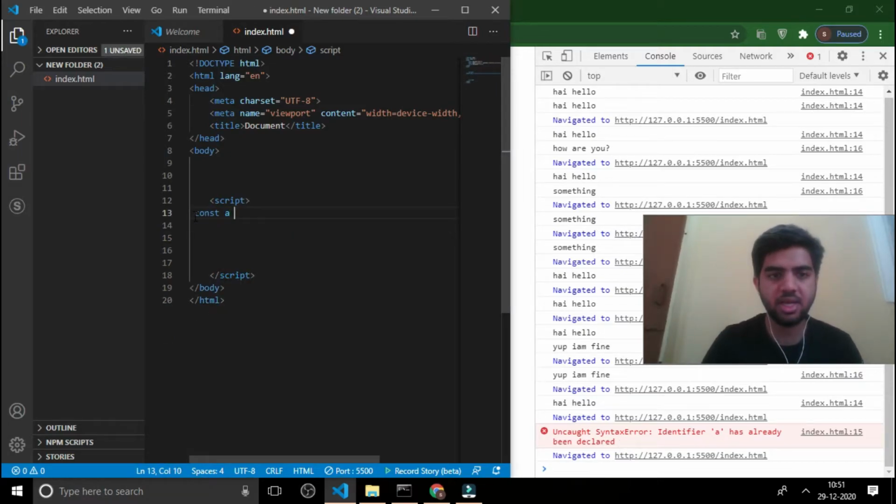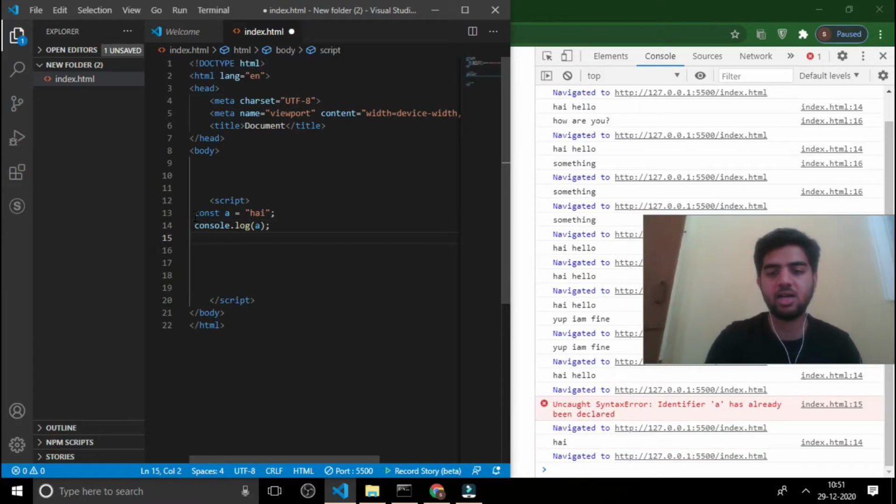Then const a is equal to "hi". Console.log a. You see that hi has been printed in the console.